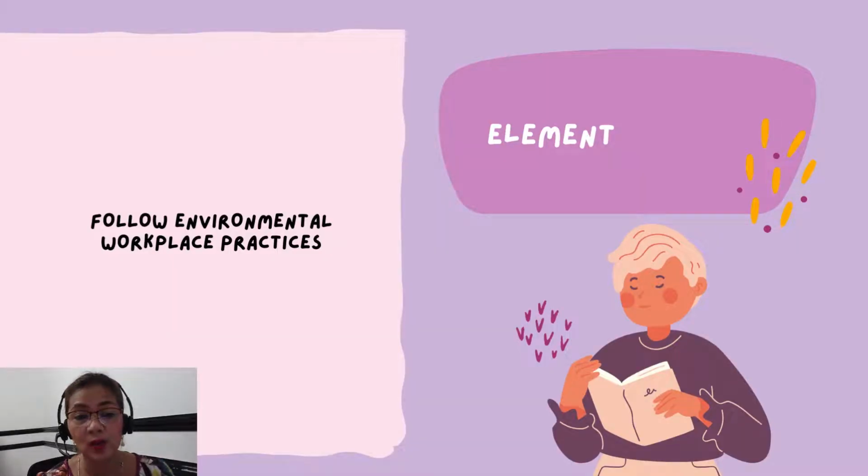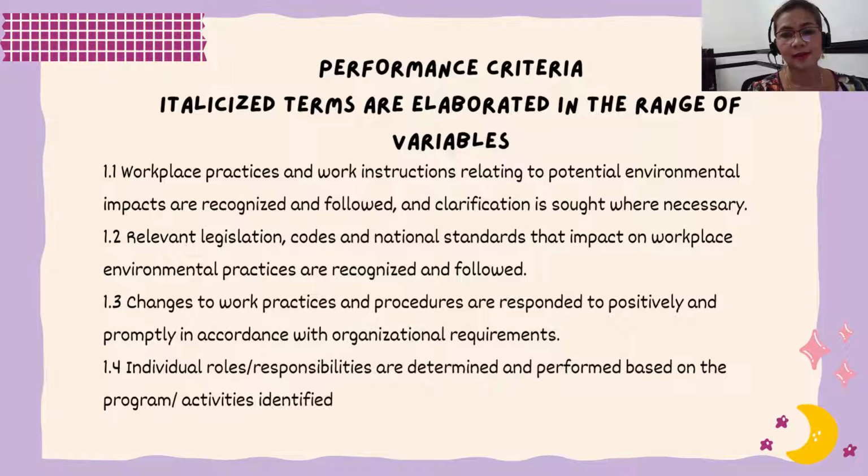For the first element, we have follow the environmental workplace practices. For the performance criteria in follow environmental workplace practices, the first one is that the workplace practices and work instructions relating to potential environmental impacts are recognized and followed, and clarification is sought when necessary. So it is important that you let your learners or your trainees follow the workplace and